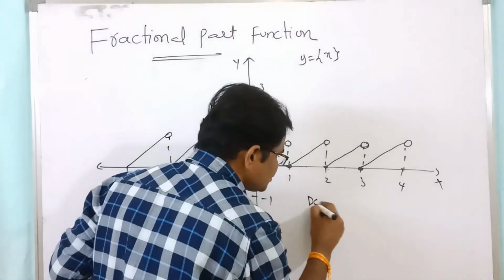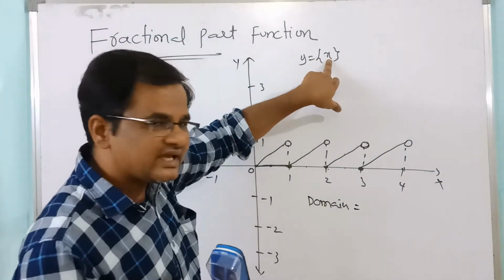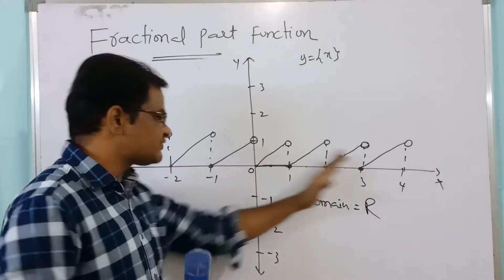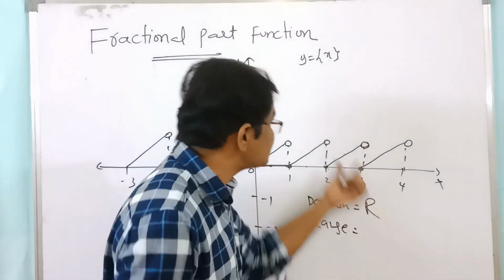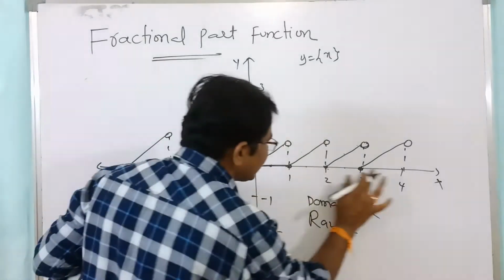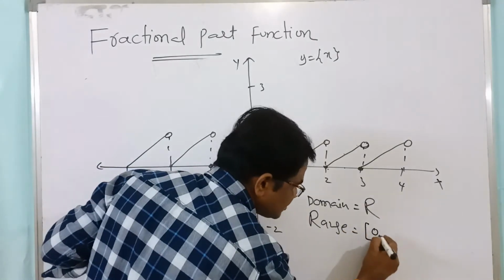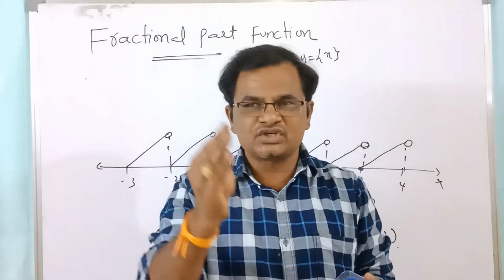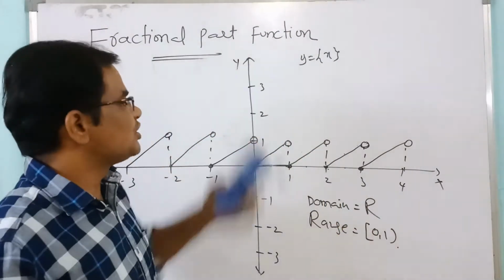So from this we have to find the domain and range. How to identify the domain? In place of x, any real number you take, the y value exists. So the domain is the set of real numbers. And what about the range? The input is a real number, so what is the output? What are the y values for x? Any x value you take, the y value exists from where to where? Closed interval 0 to open interval 1. The fractional part is always from closed 0 up to open 1, meaning 0.99 up to there. Okay? So this is the domain and range of the fractional part function.